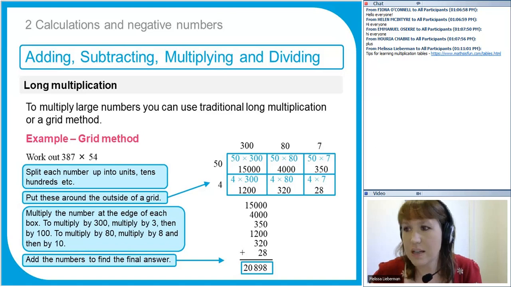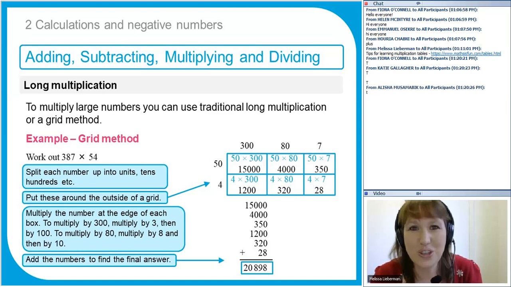So those of you watching live, just so I get an idea, what method do you think you would prefer? What method would you find the easiest? If you think the grid method is easier, put a G. If you think the more traditional method is easier, put a T. That will give me an idea. If you're in a traditional,